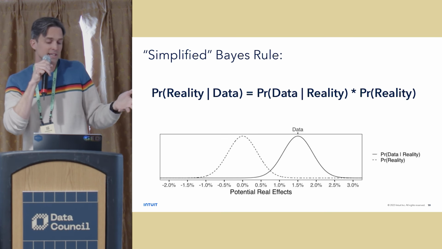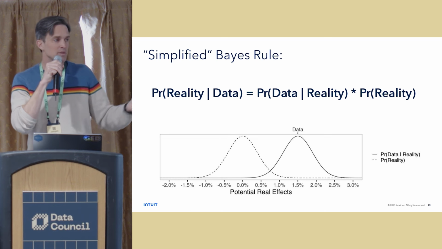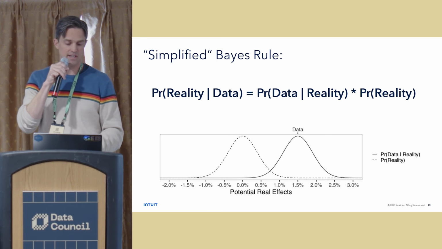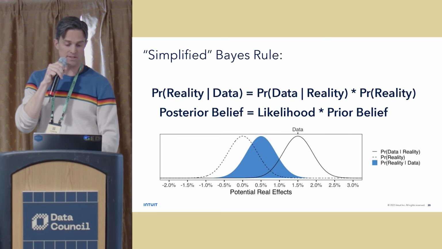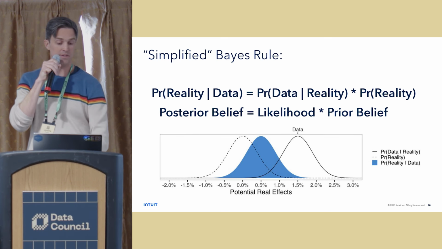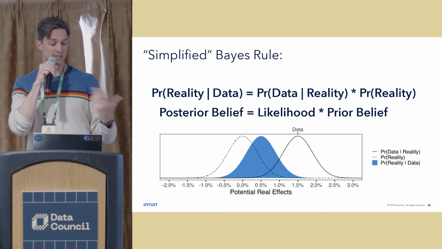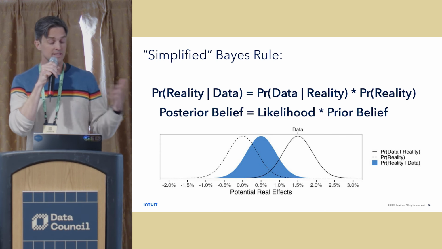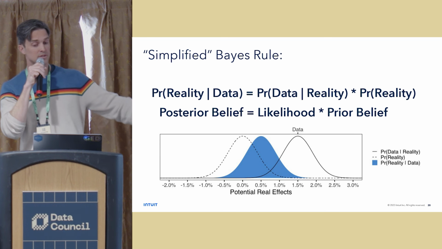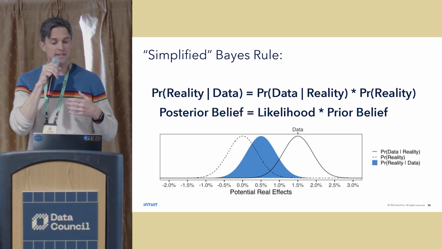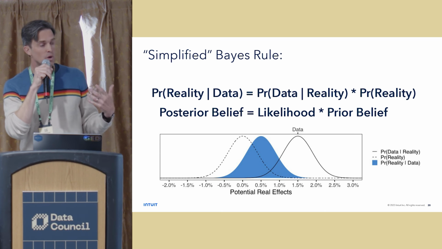And I'm saying, hey, I'm open-minded. I could have up to a 1% effect on this given test. And when I combine these signals, I get my posterior distribution. This is the probability of reality given my data, and that's represented in blue. And it's combining the signals from the likelihood of our data with our prior probability. And this is the thing we all want.